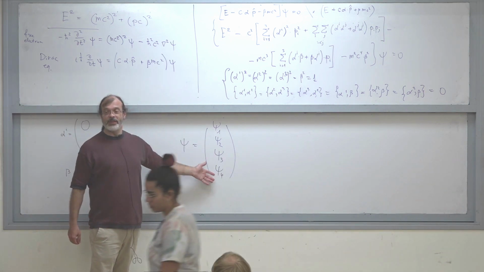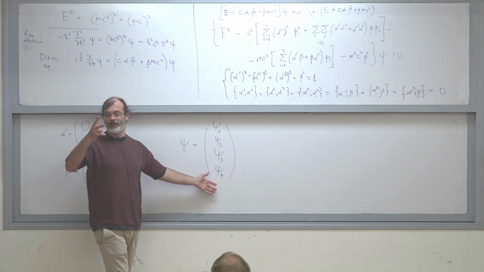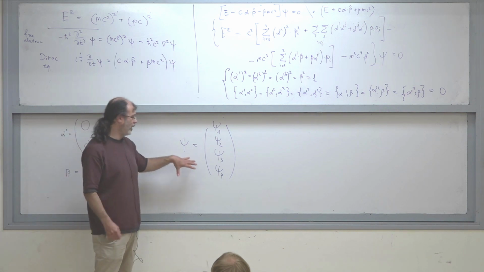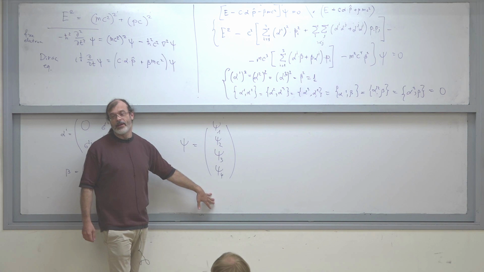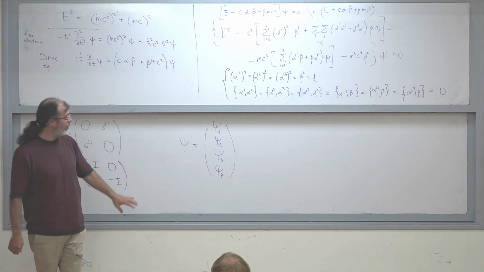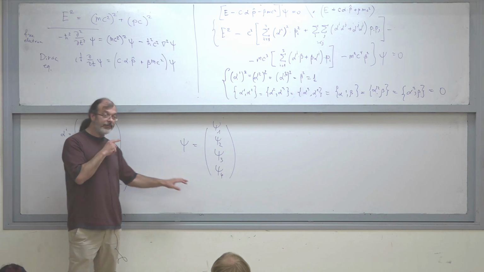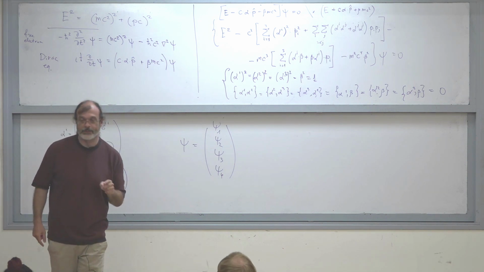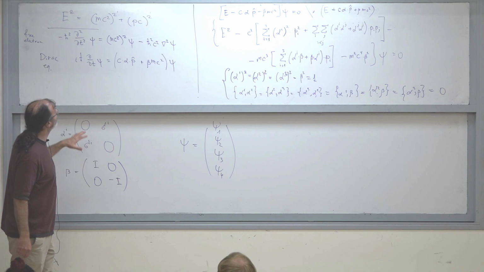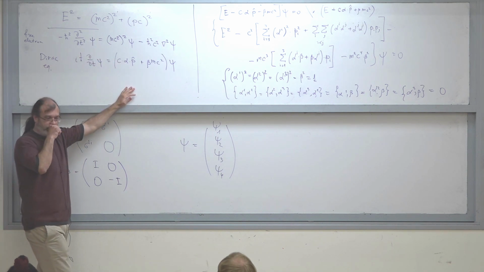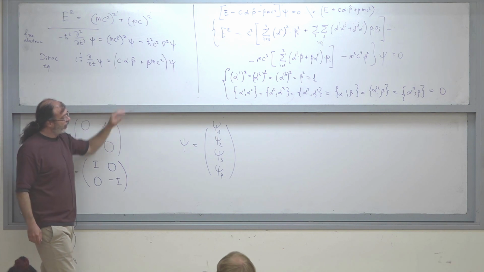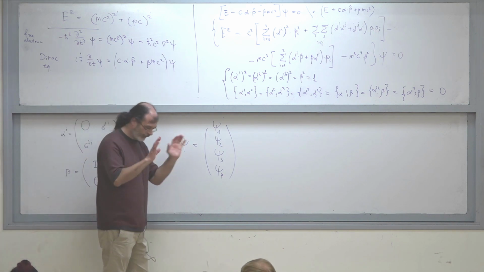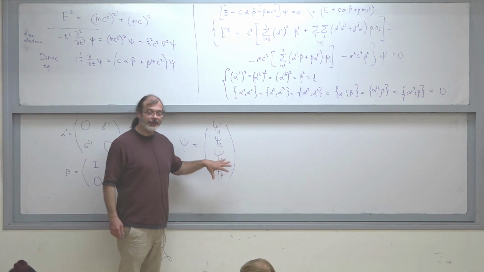Four-component is not even spin, right? Because spin has to have only two components. So this is too many for having the spin, and we have to get rid of two components. In order to get rid of these two components, you need to take the limit of this equation and develop it into the non-relativistic case. When the velocity is small, you can develop this equation into the limit of the non-relativistic one. Solving this limit, you can show, and I'm not doing that, but one can do that,